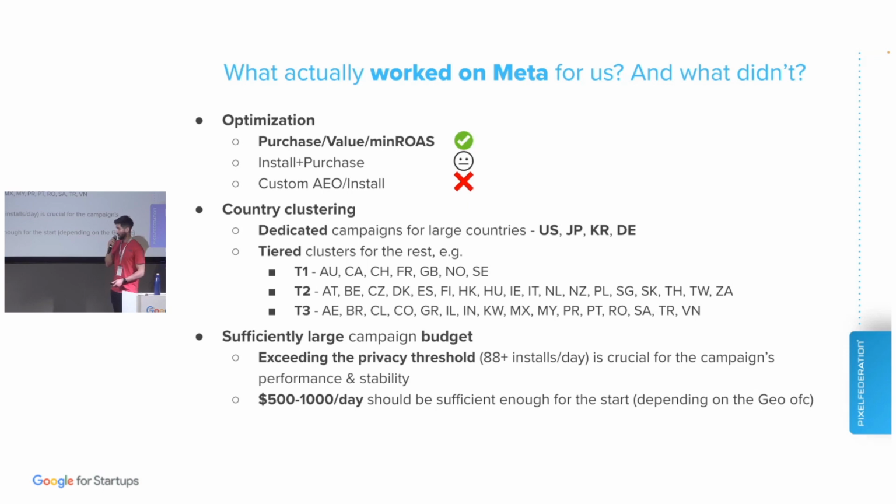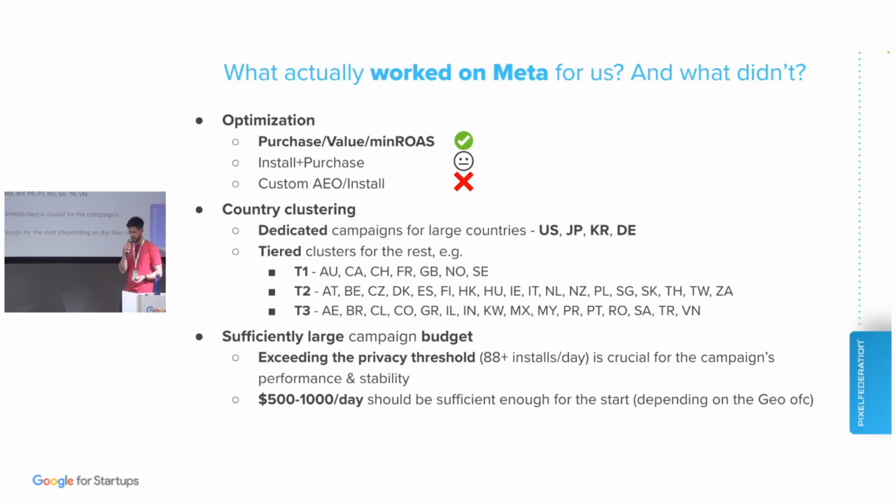That means you should start around 500 to 1,000 a day, but it depends also on CPIs. And I would suggest starting with a little bit higher budget than you would expect, because iOS tends to be a little bit more expensive, but it's not always the case. So do some math from Android to see what's the basic CPI, and then just multiply it by at least 88 people per day, and it should work fine.